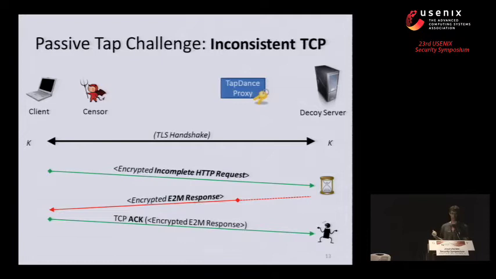But this introduces a second challenge, and that is a challenge that we call the inconsistent TCP state challenge. This is the challenge that when the TapDance proxy sends this data back, the client is going to acknowledge it at the TCP layer. And this is going to, again, because we don't have an inline blocking element, make it all the way back to the decoy server. And this TCP data is actually going to be a different state than the decoy server is expecting. Indeed, this is acknowledging data that the decoy server hasn't even sent yet, according to the decoy server. And even weirder, according to the decoy server, the client may send additional data after this that also will have an incorrect TCP state. And so the question is, what will the decoy server do in this case